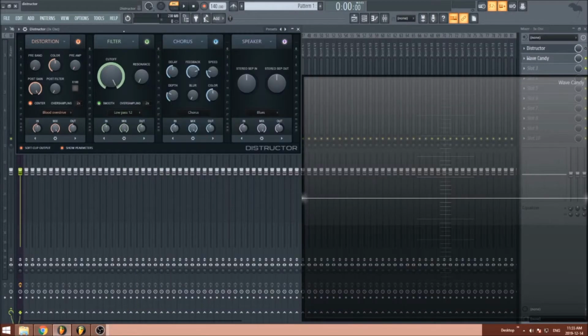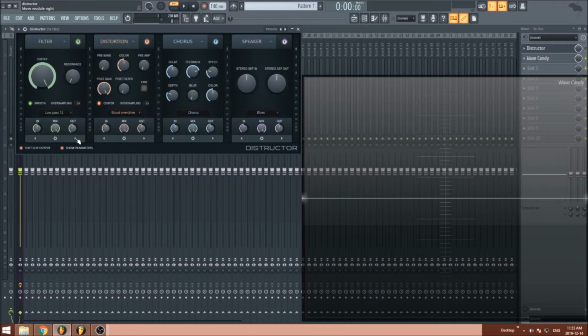Okay, so ImageLine just put out a new distortion plugin with the new update of FL Studio called Distructor. It's mainly a distortion plugin, but it also has a filter, a chorus, and a speaker. So it has 4 slots, and this allows you to have one of each, and you can have more than